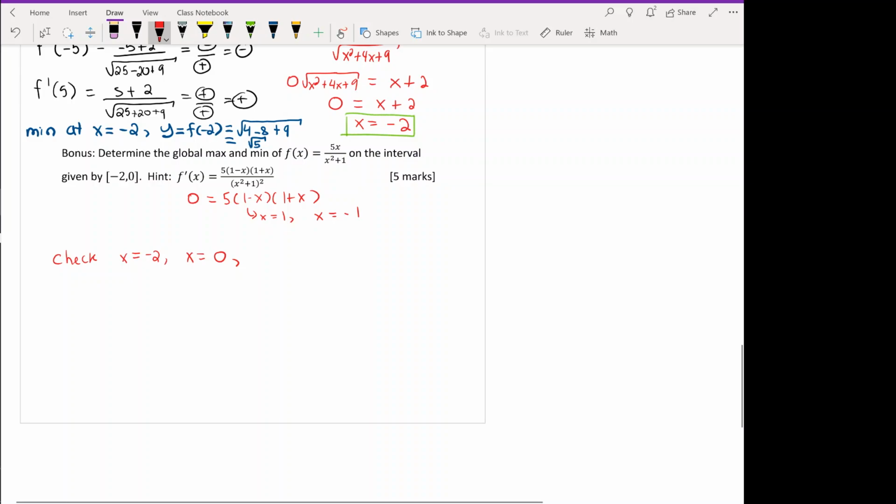However, we don't use both of them because that first one, x is equal to 1, is not inside the domain. So it doesn't count. We'll only check -1. So we check -2, 0, and -1. Here we go. Here's our check. Plugging into to get the y values